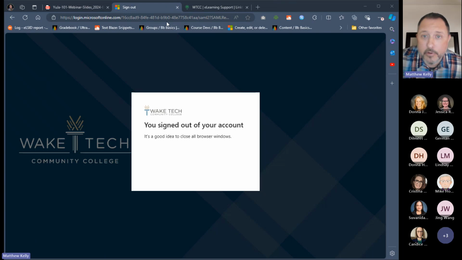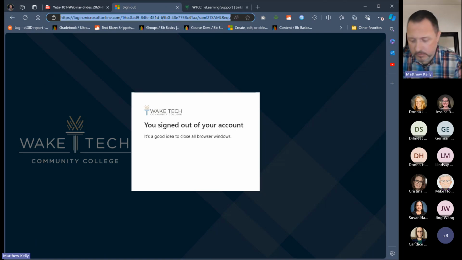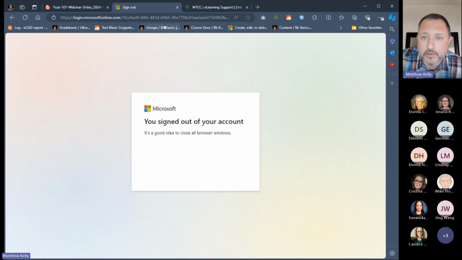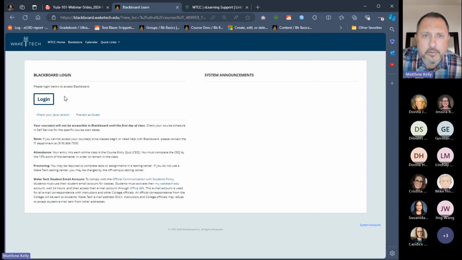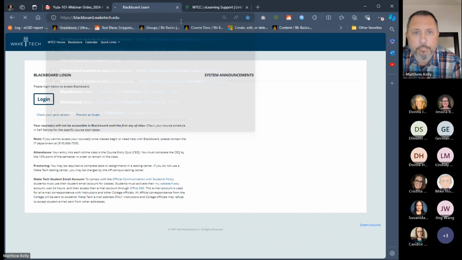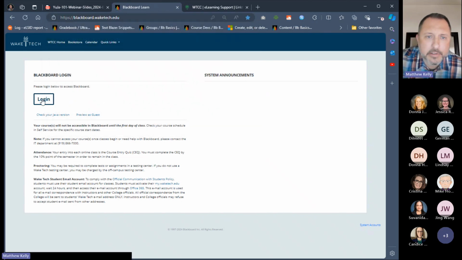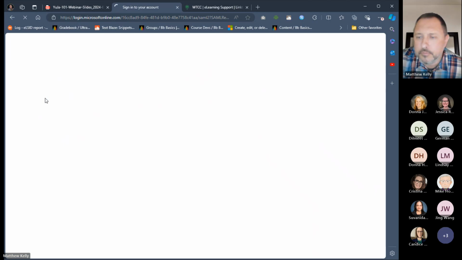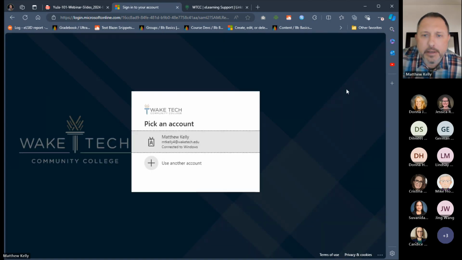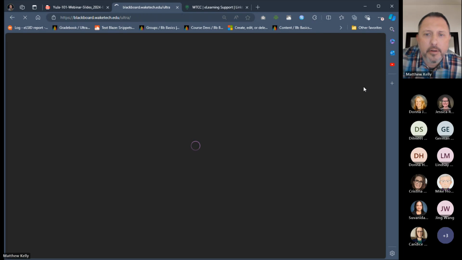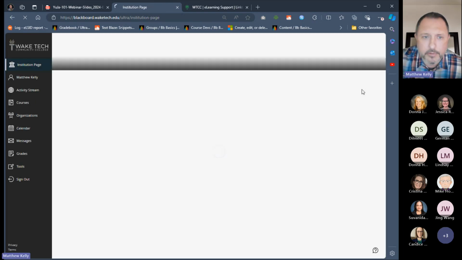So what I need to do first, of course, is sign in to Blackboard using my WakeTech key account. I'm going to do that, and we just click the login button. Then I'll click on my username and we'll log into Blackboard Ultra.